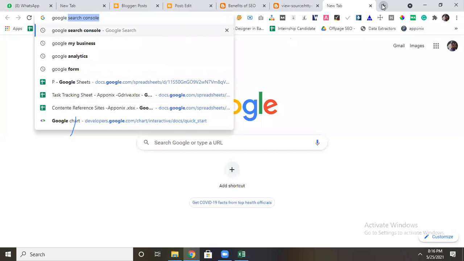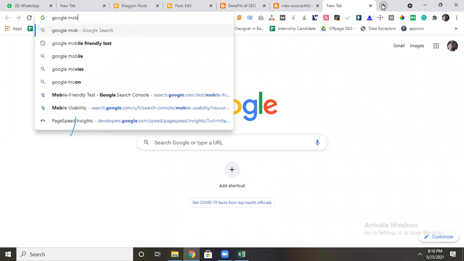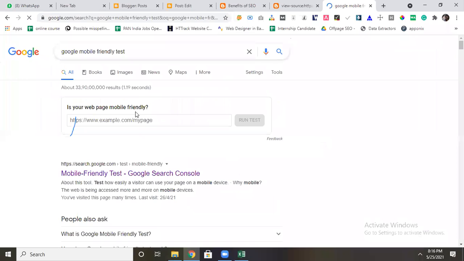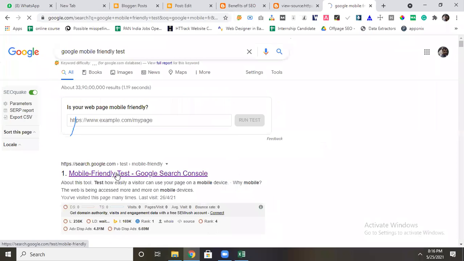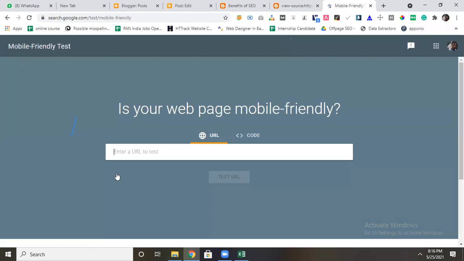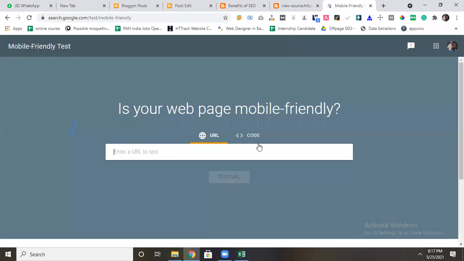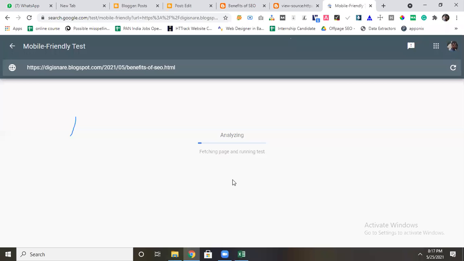Let's see. I will go to Google mobile friendly test. Okay, mobile friendly test. Okay, what we have to do here, you take your web page, whatever the web page, you just enter it here, and it will test and tell whether the page is mobile friendly or not.